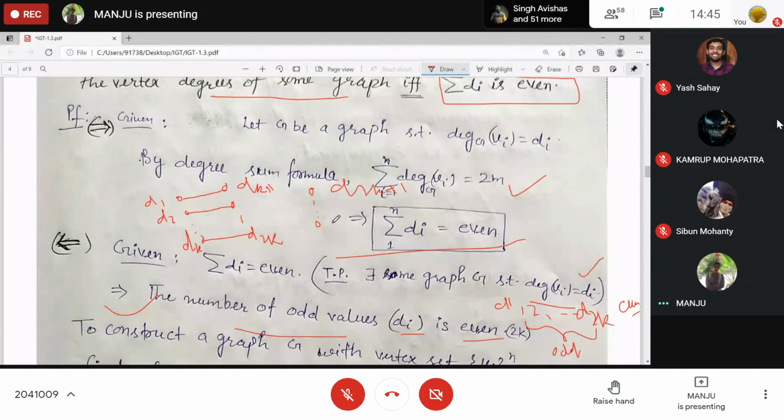So I have taken all the odd numbers and inserted one edge between every two elements, pairwise. Till now, if these are the vertices v1, v2, and so on up to vk, what are the degrees over here?